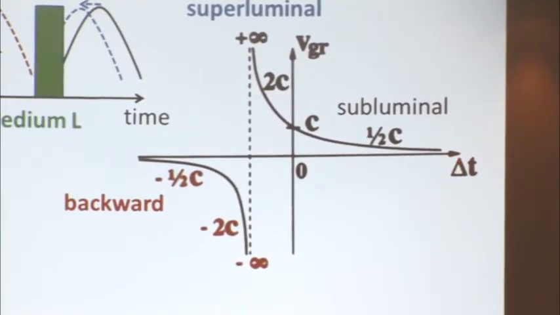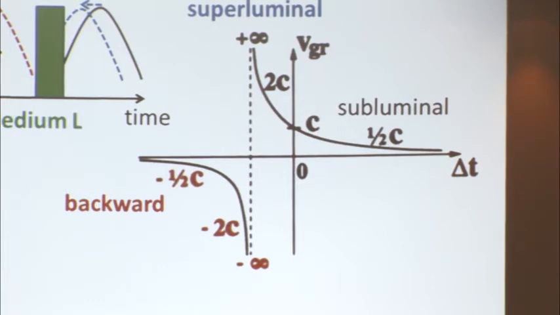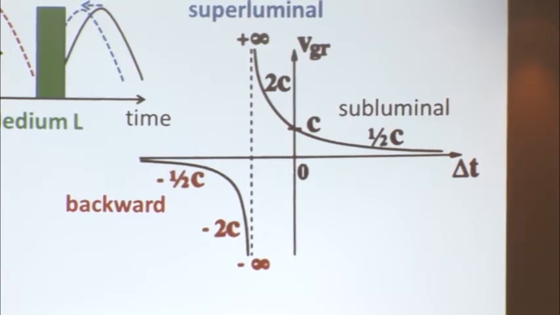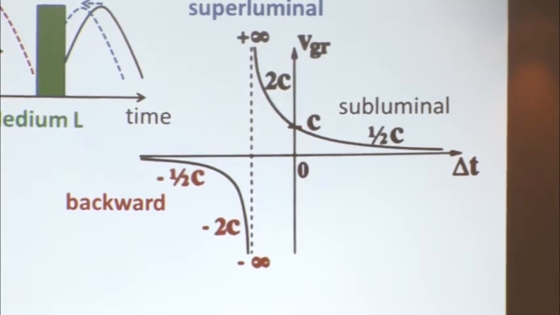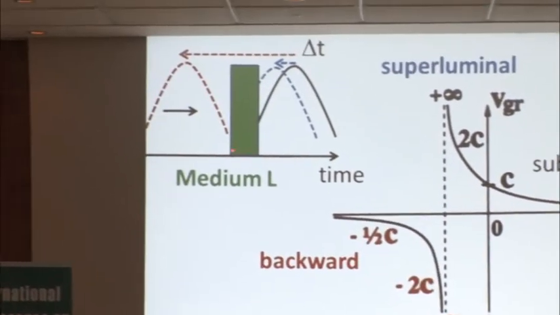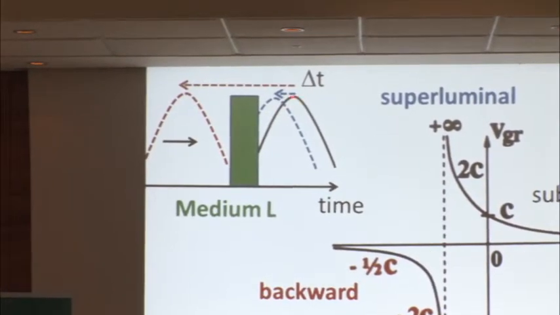If it's positive, then the group velocity is slower. Then if the delay is 0, according to the relations, we have c, and if we decrease, it becomes negative, then we have a range of superluminal, and there's a pole, and then we have eventually a backward. This is shown here, illustrated. This is the medium, and the black one,